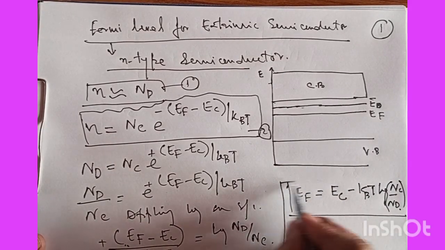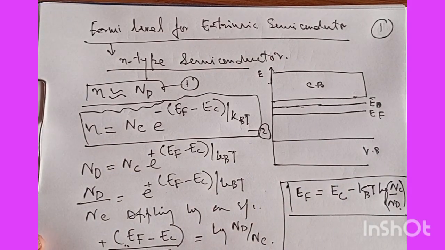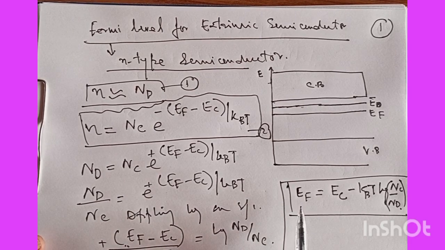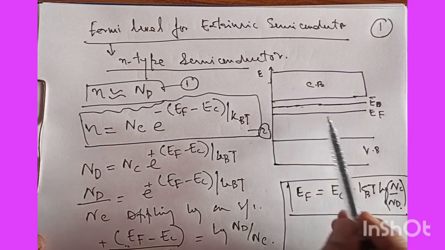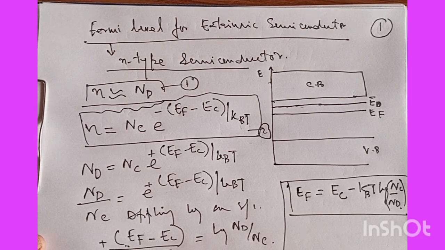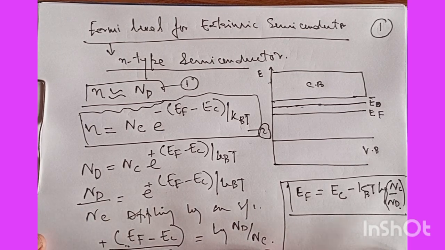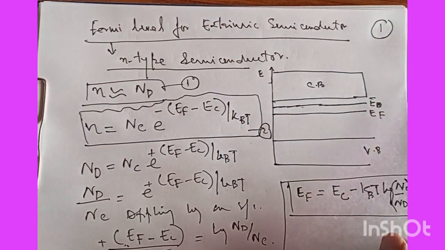So this equation gives me the position of the Fermi energy in case of n-type semiconductor, and its value comes out of solving this equation. We can have the position of this Fermi energy in case of n-type extrinsic semiconductor. Now, if I proceed the same thing for